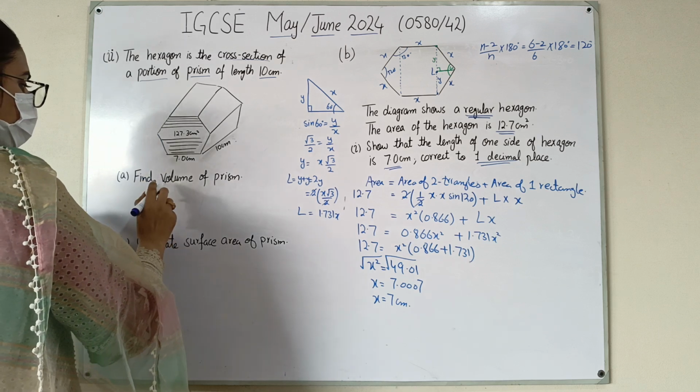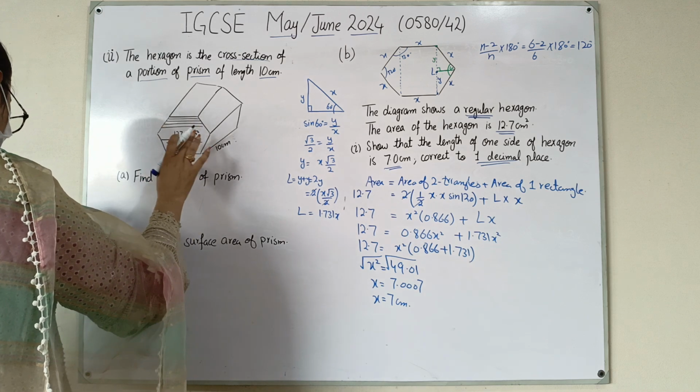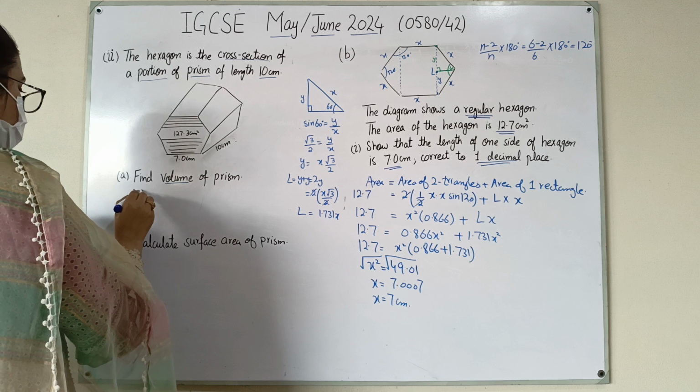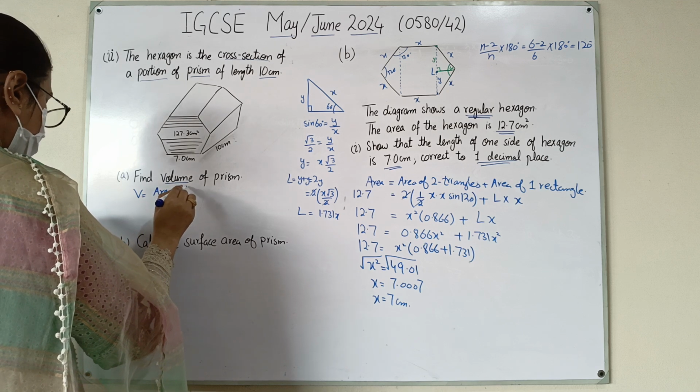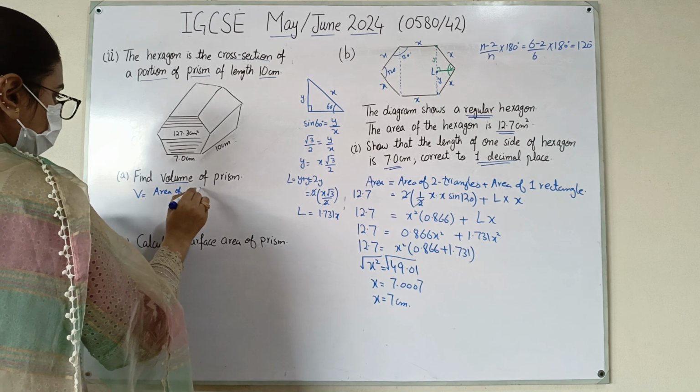He is asking you to find the volume of the prism. You have to calculate the volume of this prism. Volume can be calculated as area of base into height. It is a simple formula based question. Area of base, area of cross section,